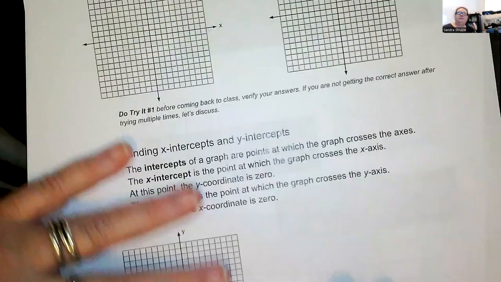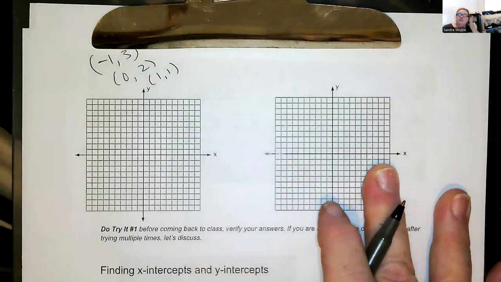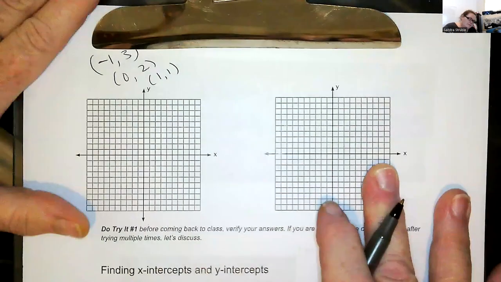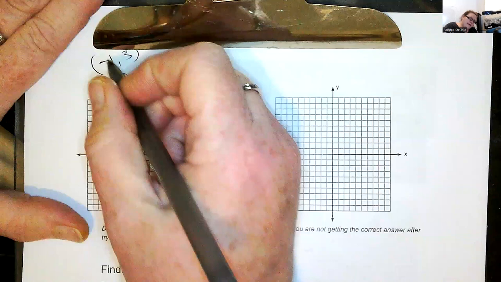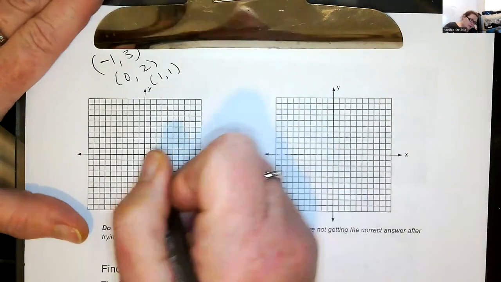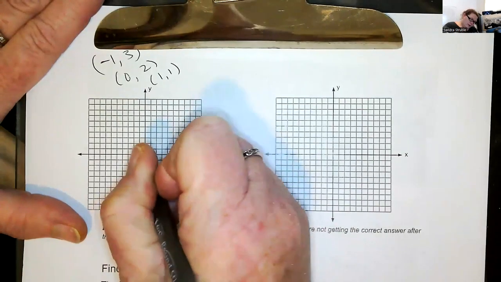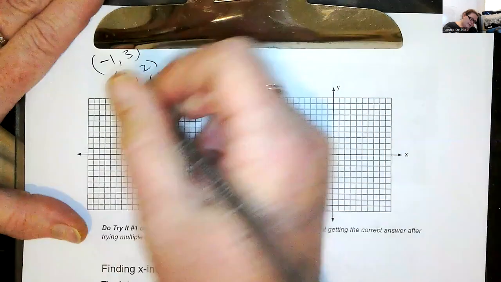All right, I'm going to plot these three. And then I'm going to show you another way that I plot, just to show you. So for our first one, -1, 3, it's a negative in the x place, so we're going to shift to the left. So -1, and then the 3 is positive, so we're going up. 1, 2, 3, place point, and